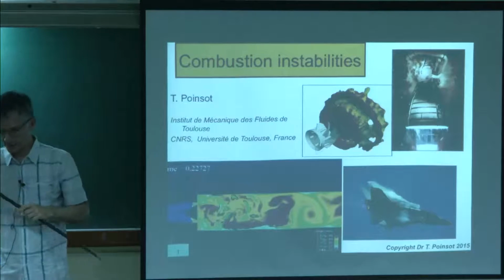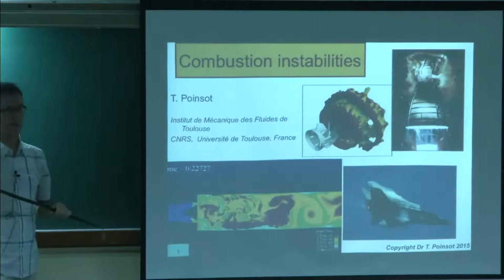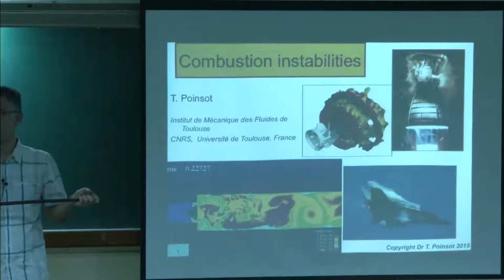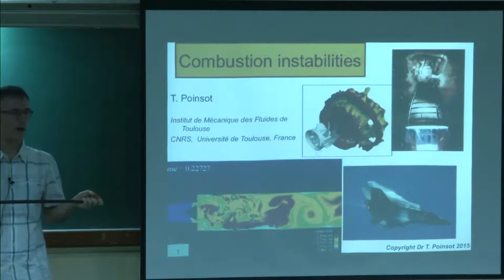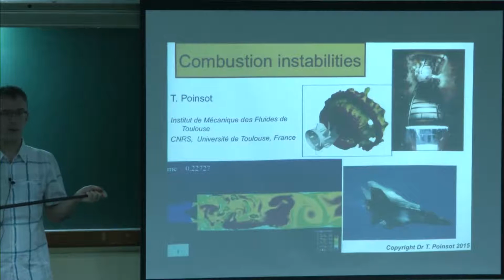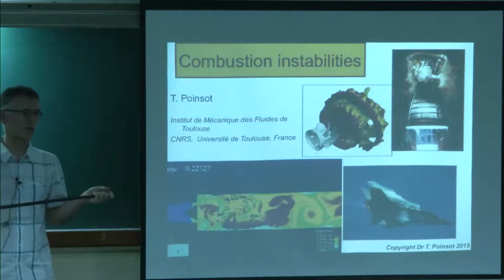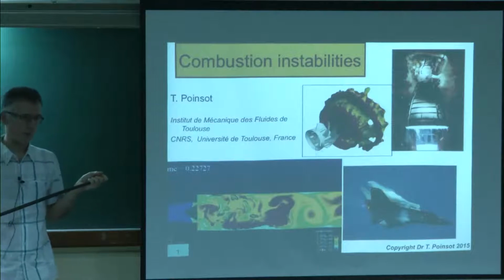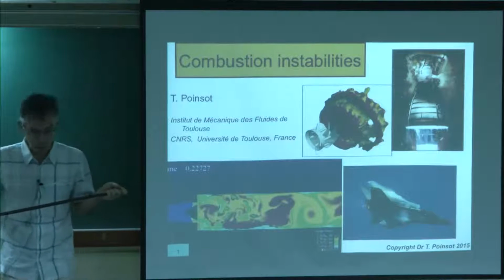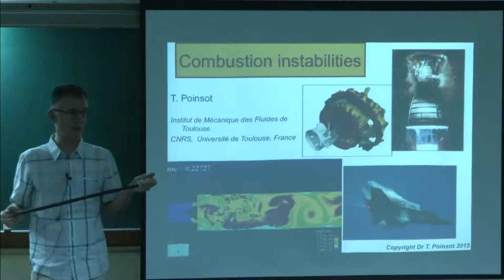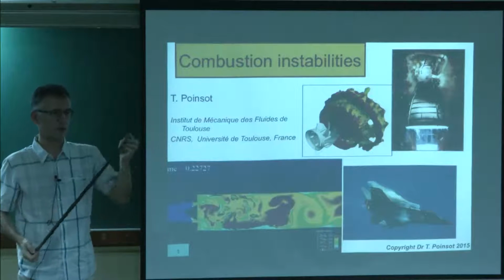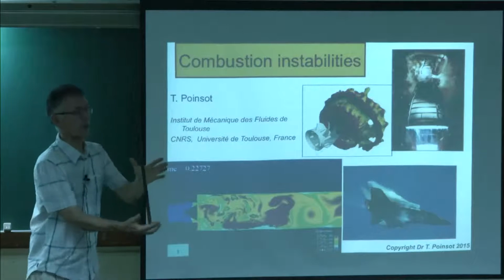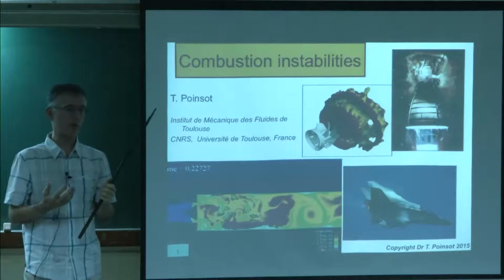So just to begin, you know that we are in a mechanical engineering department. You know that many of the things we do are related somehow to instabilities. For example, all the systems which engineers design are built to be in equilibrium. The problem is that when we build a system, we build it to be in equilibrium, but we never really know if it's a stable or an unstable equilibrium. This is a stable case in equilibrium. This one is also in equilibrium, but it's not stable. And that's a major problem in mechanics.